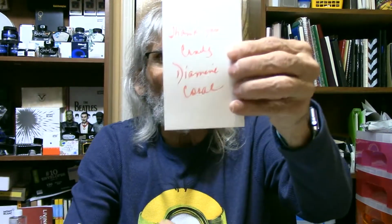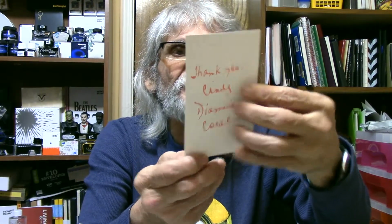And what I like is a little thank you from Cindy, Diamond Coral. And I like these little postcard pictures they send, because I like to color them sometimes. Save them in a scrapbook. But yeah, that's cool. So, now,